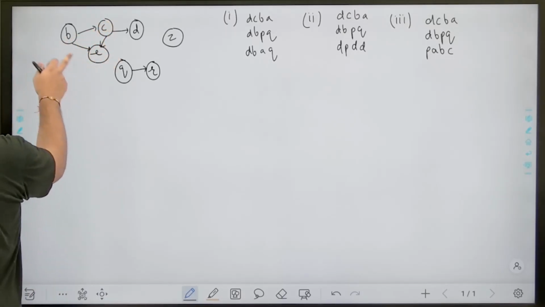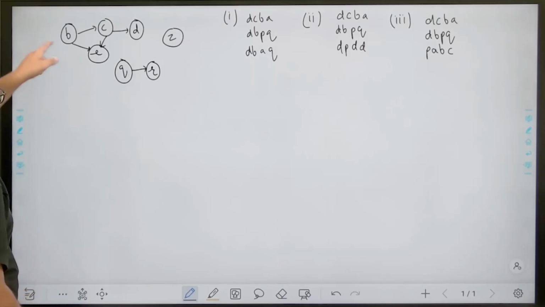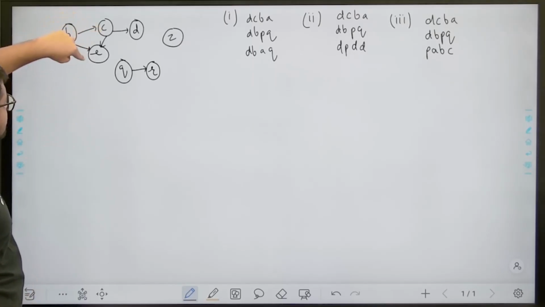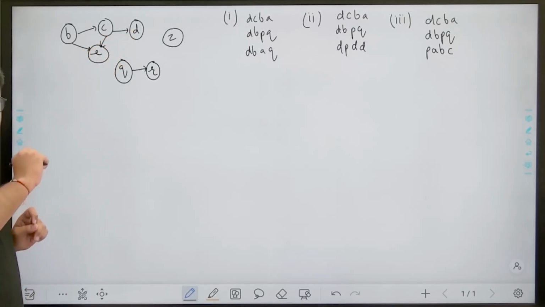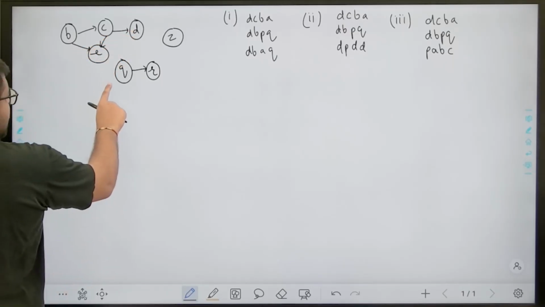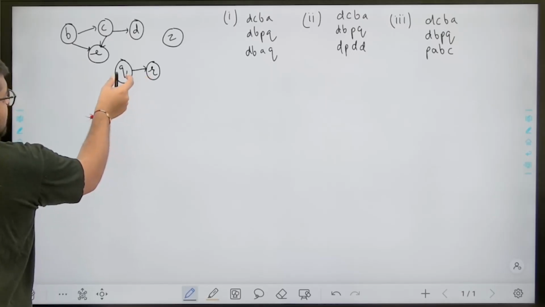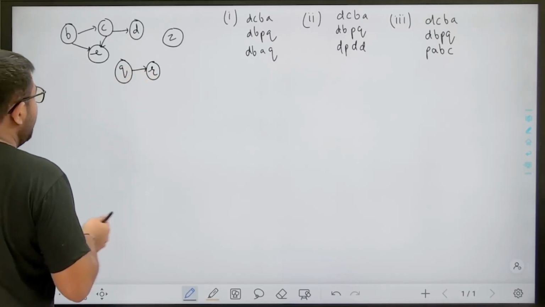Now if B comes before E, then I have marked a directed edge from B to E also. If C comes before E, I have marked a directed edge from C to E. If there is a directed edge from C to D, it means that C comes before D. If there is a directed edge between Q and R, it means Q must come before R, and there